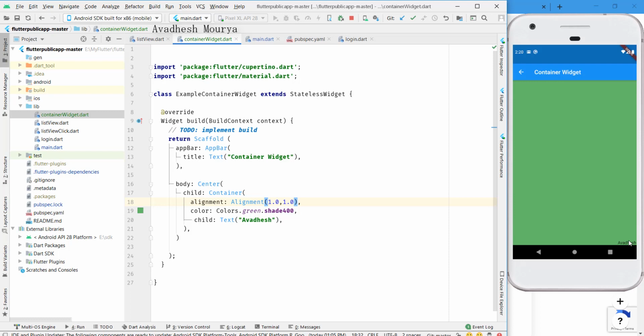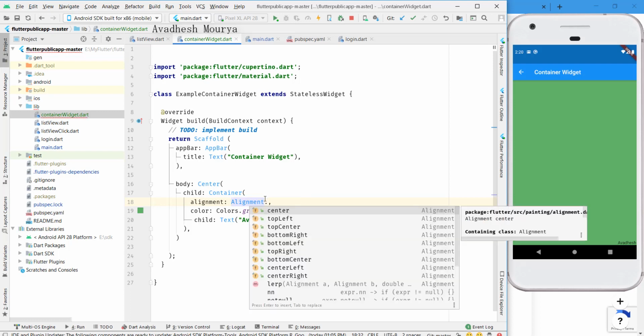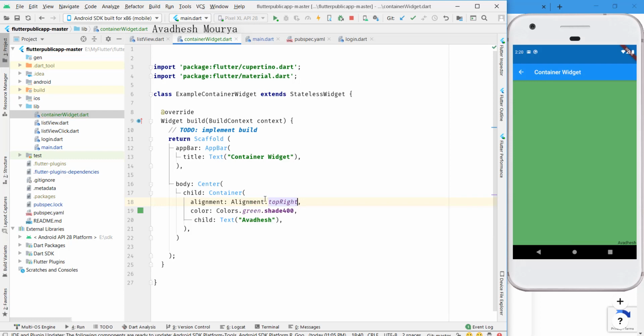Let's take different properties for the alignment. You can directly apply alignment like top, right, bottom, center, and it has different properties, so you can use those properties and apply.